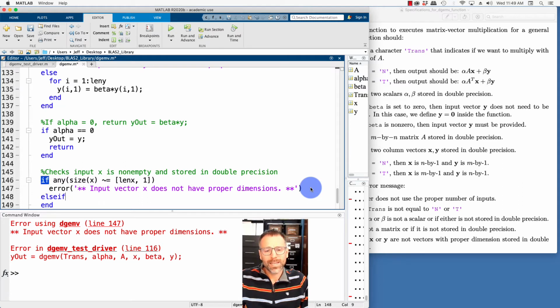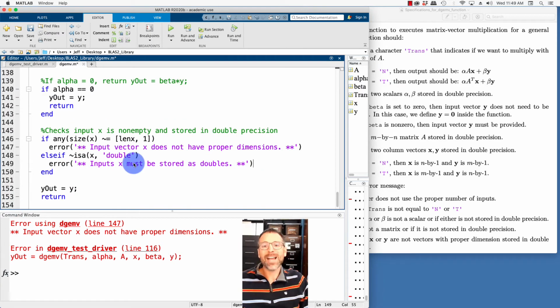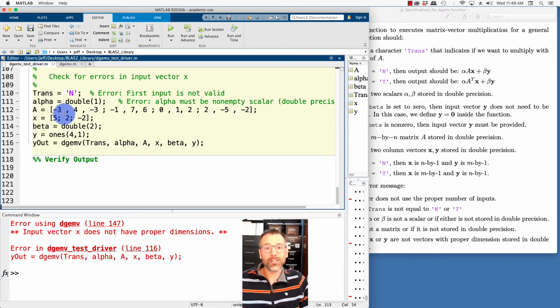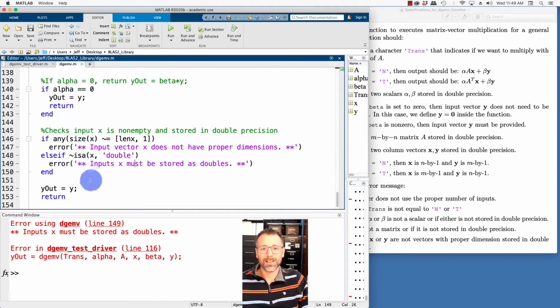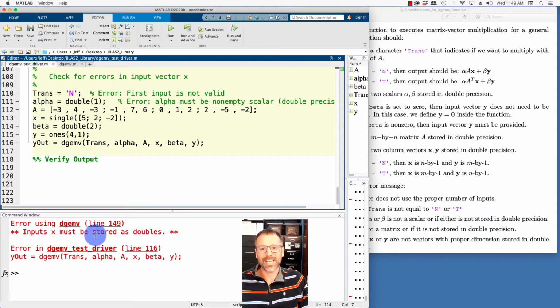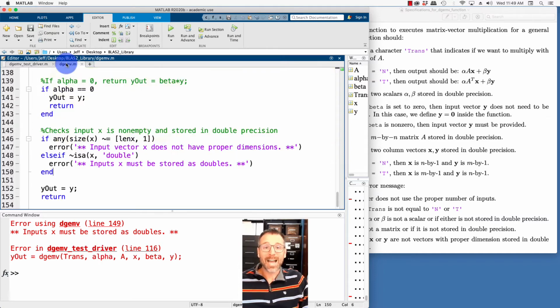Else if, let's see. If x is a double, so let's check this, then we're happy. But we want to make sure that that happens. So if it's not a double, we'll produce an error message that reminds the user that x should be stored as a double. Let's go back over here. We'll delete that third entry since the values had to be proper. And then we'll typecast this as a single, and that's not a double. So we expect when we run this thing that the condition that we've just checked actually runs only when we have a non-double one-dimensional array, which is exactly what we see here,